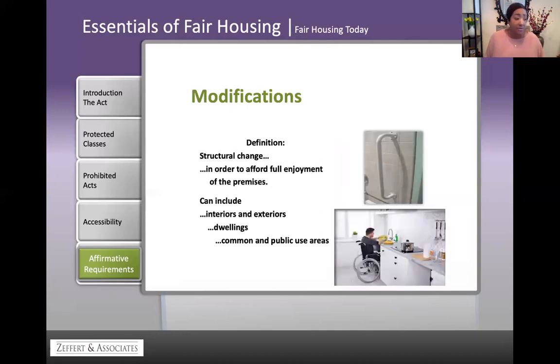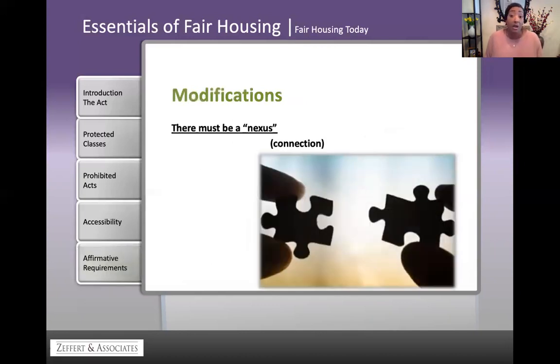Okay, so there are times where we may have to make a reasonable modification, such as installing grab bars in bathrooms, roll-in showers, or installing a ramp for an individual with a mobility impairment. This too is why it's important for your maintenance teams to know the fair housing laws, because we count on them to make these modifications in the units to accommodate individuals with a disability. And it's always nice to know not just what I'm supposed to do, but why I have to do what I have to do. It is important to regulations.